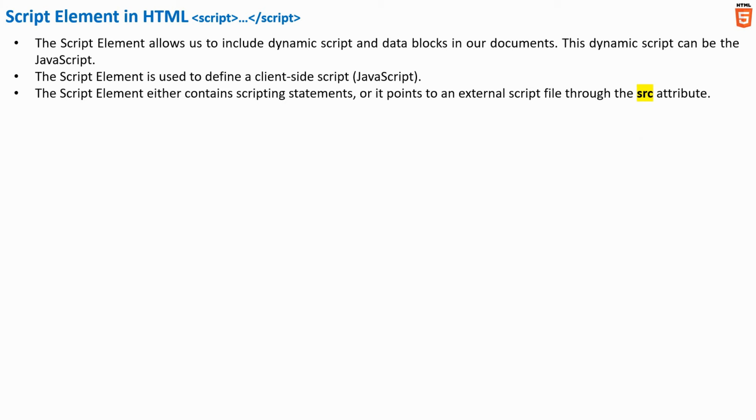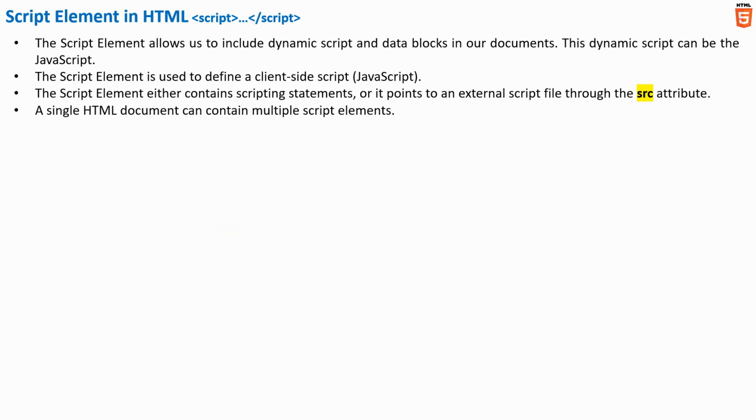which means we will have the actual JavaScript code in some external JavaScript file, and we will be referencing this external JavaScript file from our HTML document by using the src attribute of the script element. Please note that a single HTML document can have multiple script elements, and we can place the script element inside the head element, or in some cases we can put the script element in the body element of